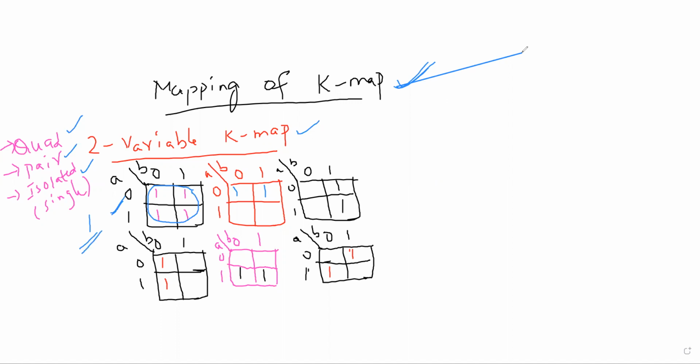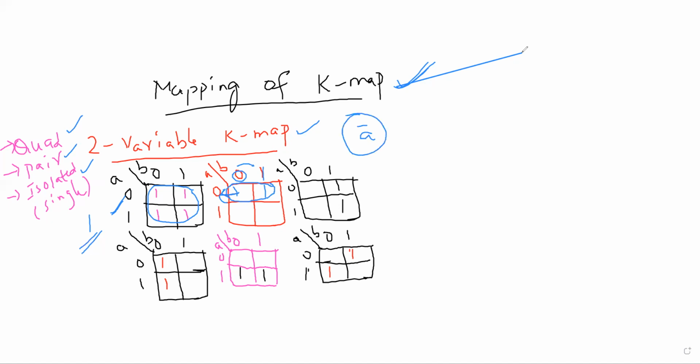Now if you observe this, you have to give the priority for quad like this. Sorry, for pair like this. Why? Because there is no quad chance. Now how to pick up: see this respective row, what are you having? 0, it belongs to a, therefore it is a bar. Next, is there any constant here? No, there is no constant, because b is changing from 0 to 1. We have to pick up the constant one. That's why a bar is the answer.